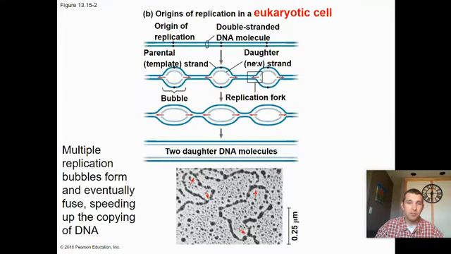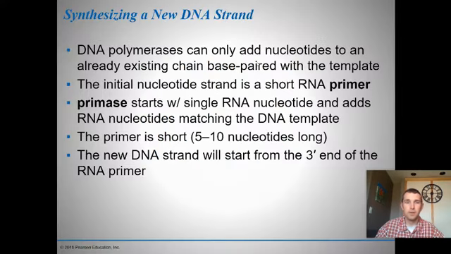In eukaryotes, we have multiple replication bubbles that happen all at the same time. So how does DNA replication start, aside from DNA getting opened up into a replication bubble? Well, it turns out that our DNA polymerase has a technical problem. It can only add nucleotides. It can't just start a piece of DNA. It can only add nucleotides to an already existing chain,